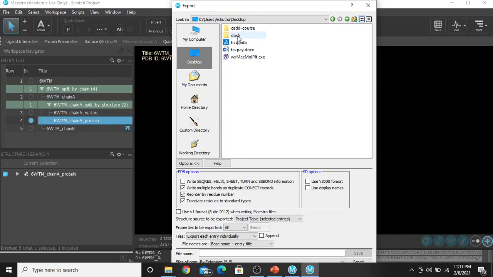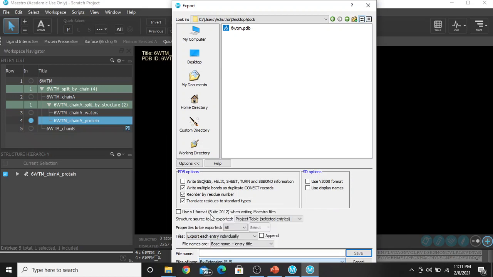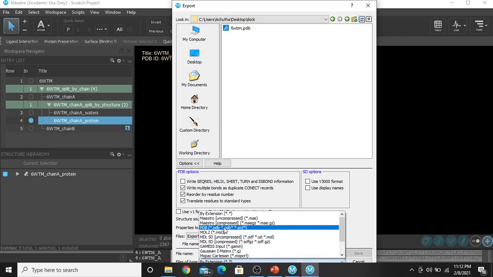your folder. And now you have two options. Either you can give files by extension, then you have to type your file name dot the format. For docking we need pdb format, protein data bank format, or else the other option is you can select the format here, pdb.